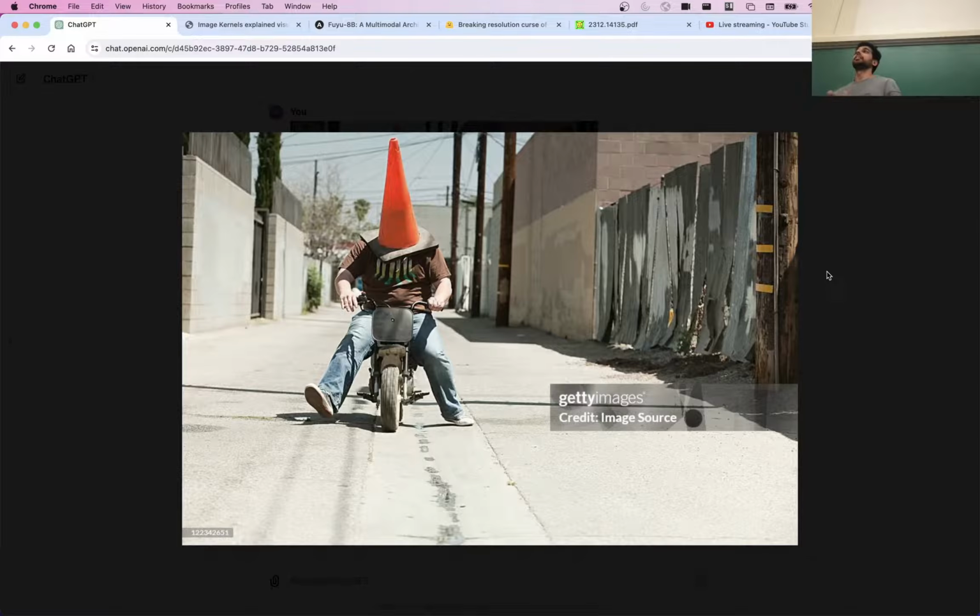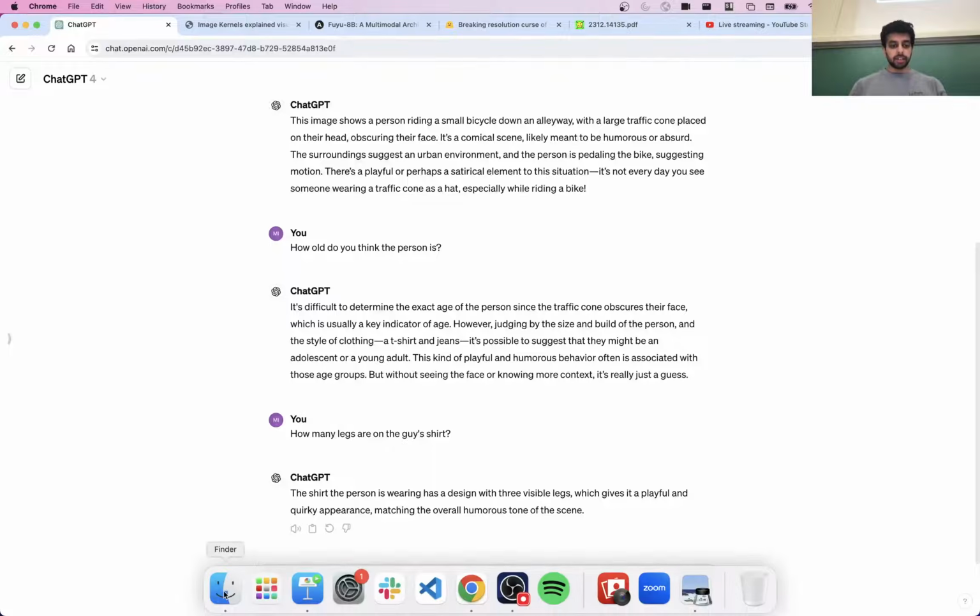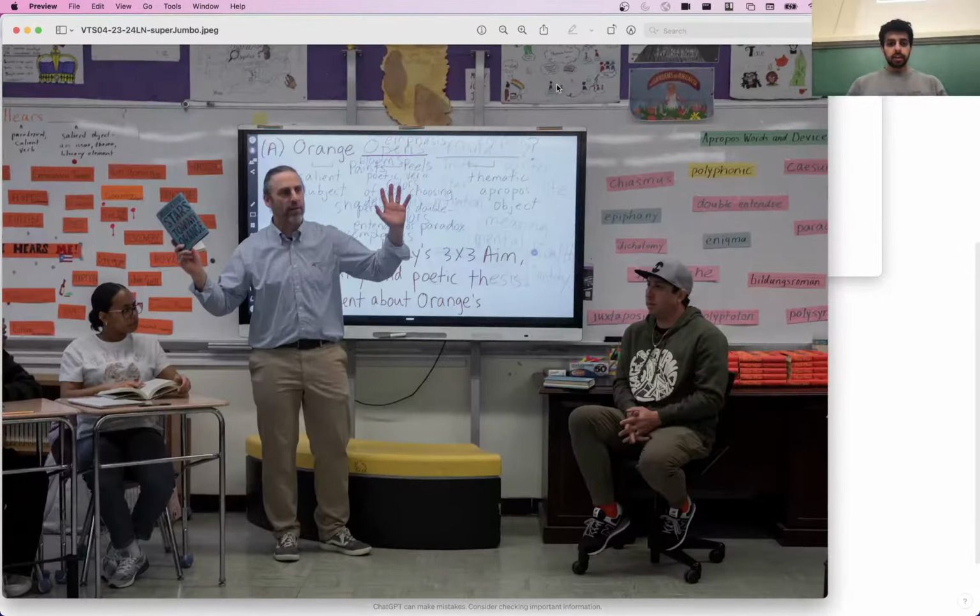So you can see that the model has some degree of understanding of this image, but when queried with very specific details and asked questions about them, it really struggles to answer. Another thing that these models struggle with is when there's a lot going on in the image. So here we just have one person with a background. It's a pretty tame image. I also had this other image where this man is holding up a book and there's a lot of writing in the background. There's a lot of things going on in this image.